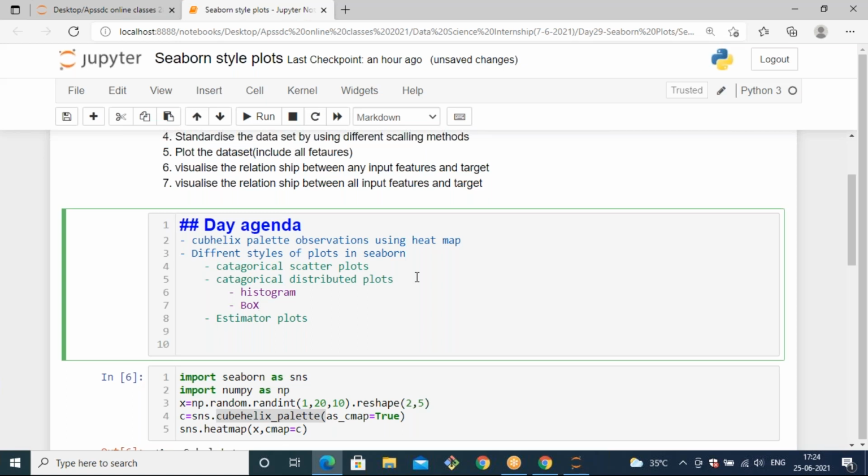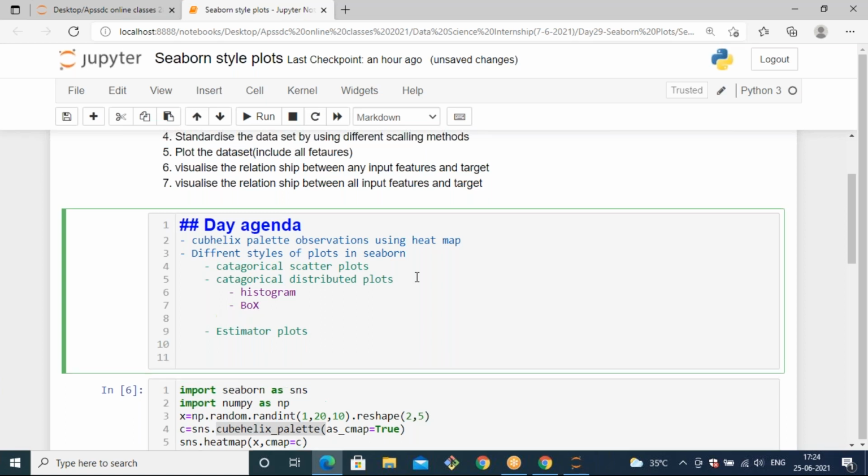Based on the interquartile range, it generates the minimum value, maximum value and median value, and values outside of these are called outliers. Bar plots cannot be called distribution plots. In a bar plot, based on the inputs, it will automatically plot and visualize the data, but it's not a kind of distribution plot.